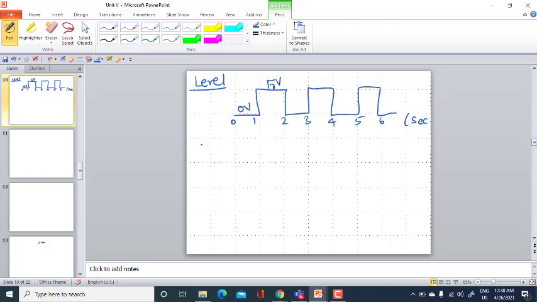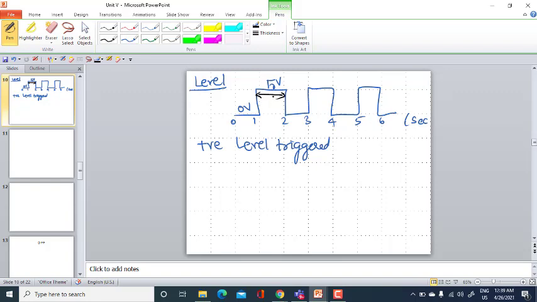So when I am telling positive level triggered, meaning your flip-flop will respond only during this period. Whatever may be the input change during this period, you have a corresponding output in the flip-flop. This is said to be positive level triggered because your output will change with respect to the input. There will be a response due to the change in the input only during this positive state,